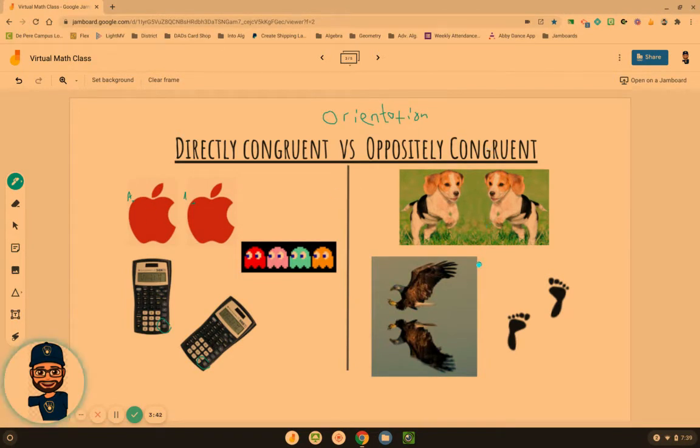Versus oppositely congruent, imagine that some of these have lines of reflection. We talked about lines of reflection where maybe this one's flipped and translated. The puppy is reflected. The eagle is reflected, meaning if point A is up here, A prime is not up on top of this shape, but it's kind of opposite. It's on the bottom. That's what it means by oppositely congruent. And we're going to look at how to organize that and think about what that means for our different congruency